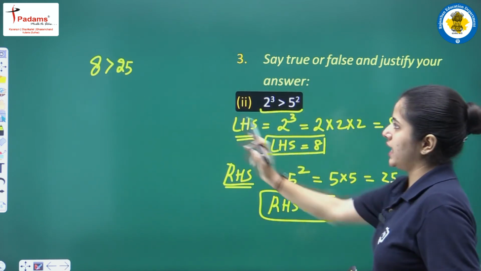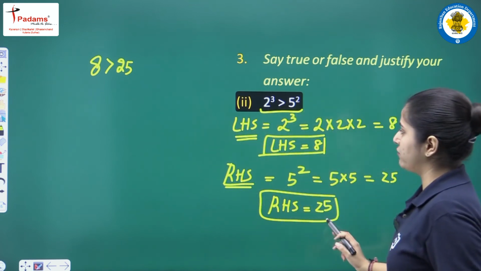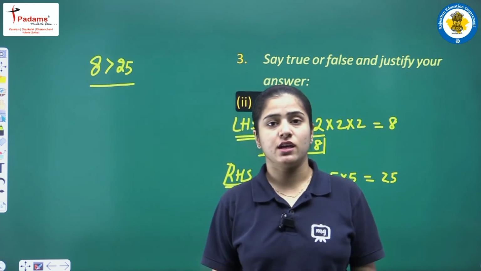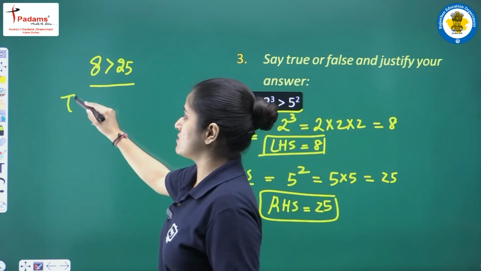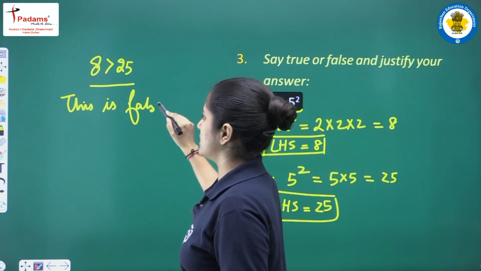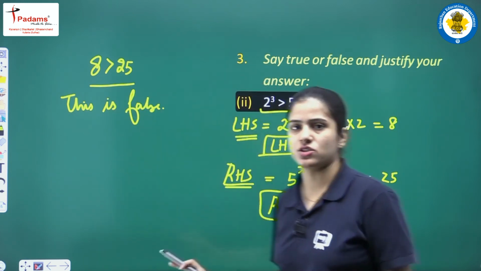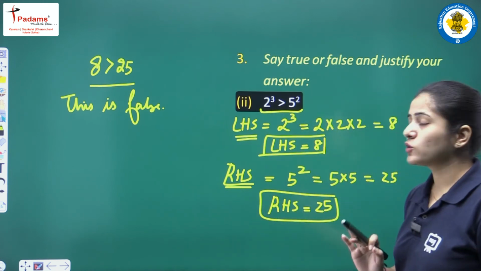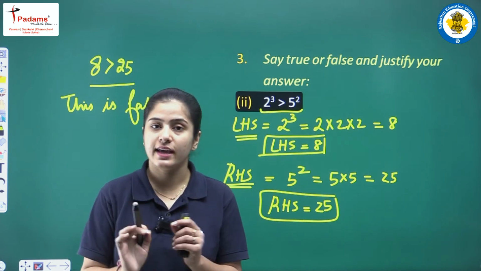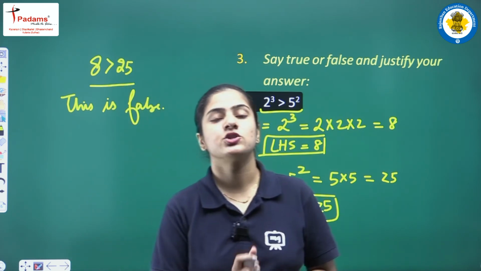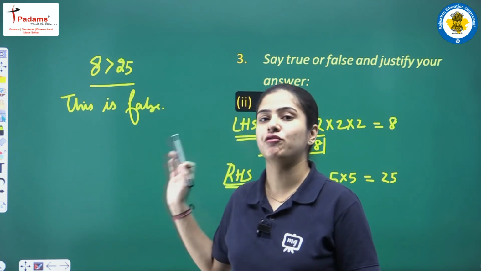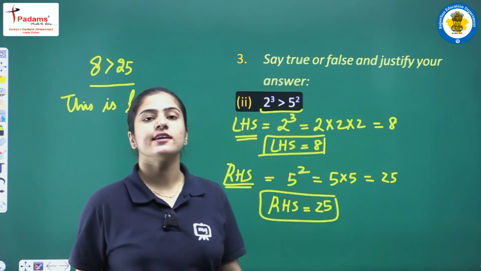दिस थिंग 2 क्यूब दैट इज 8 इज ग्रेटर देन दैट ऑफ 25 दैट इज 5 स्क्वायर। क्या ऐसा है, क्या 8 बड़ा होता है 25 से? नो, दिस इज फॉल्स, सो दिस इज नॉट ट्रू। ये अपना जस्टिफिकेशन है, बहुत ही सिंपल क्वेश्चन है, कुछ भी नहीं था इस क्वेश्चन में, सिंपली आपको खोल के देखा आपने सिंप्लीफाई करके कि ये ऐसा नहीं है, कभी भी जो 8 होता है वो 25 से बड़ा नहीं होता है, सो दिस इज कंप्लीटली अ फॉल्स।